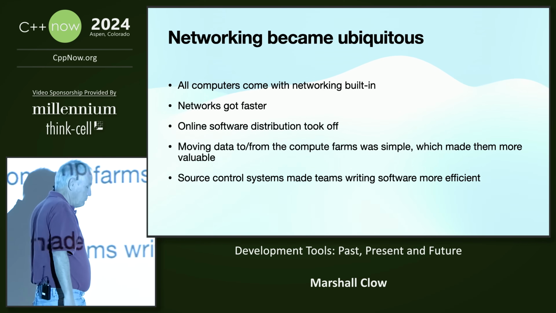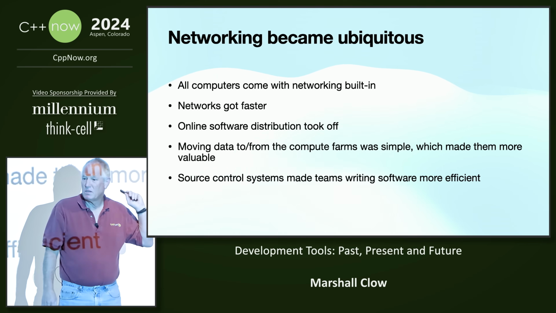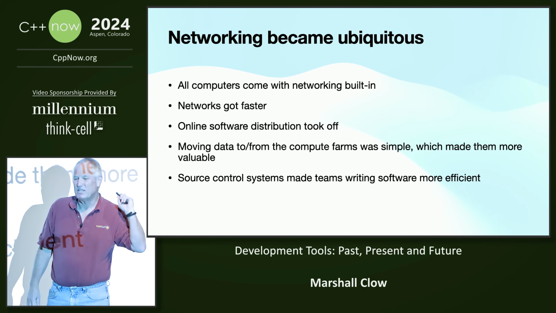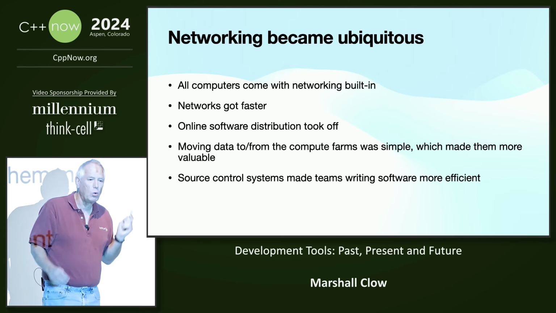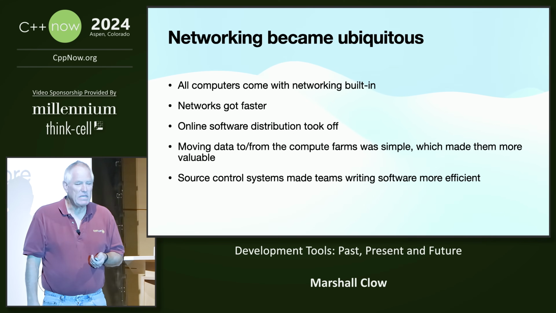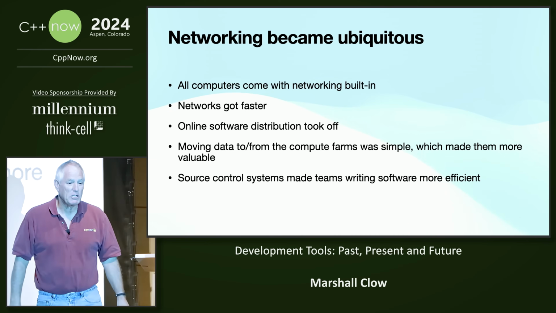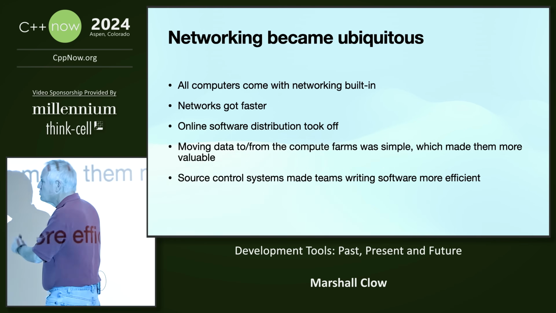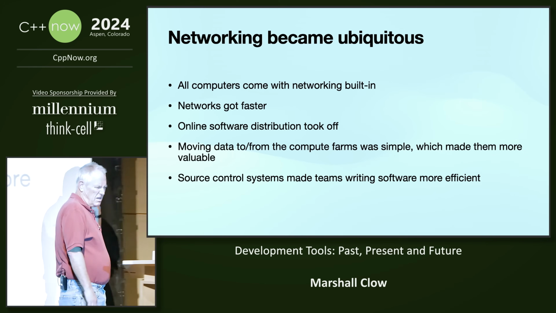And then we got network-aware source control systems. I used SourceSafe. I used Perforce, I used Subversion, and people had holy wars over which one was better. And my thought was, yeah, depending on what you're doing, one of them is better than the other, but any one of them is so much better than nothing at all. It's not even close. But source control systems and networking, match made in heaven. Anyway, okay.